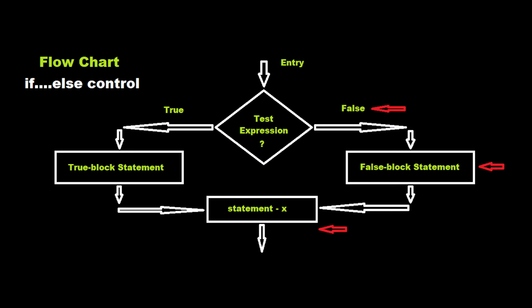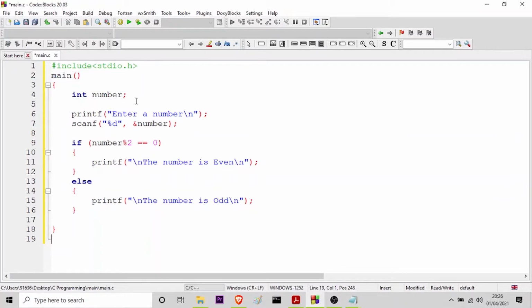I will go to my editor now. So here you can see I have already written a program for you. This program actually checks whether a number is even or odd. So here you can see I have taken an integer data type variable which is number. Then what I am doing is I am using the print statement to print this in the console or the terminal, and then I am taking the user input which is the number. Then I am checking with the help of 2. So according to the definition of even numbers, if it is divisible by 2, then it is an even number or else it is an odd number.